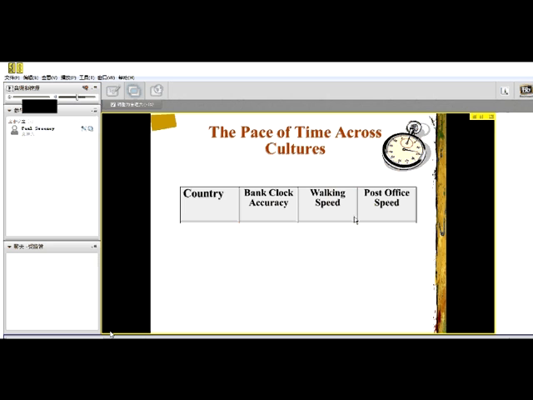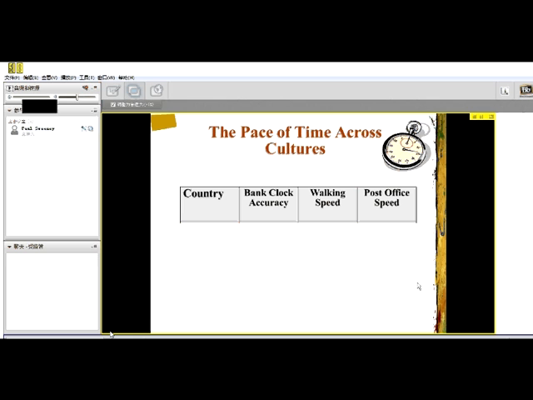The first is bank clock accuracy, and again, you have to give the guy some credit. His rationale was basically this, is that, boy, given the financial community values time a lot, as you well know, the time value of money is one of the key features of any understanding of finance, that bank clock should be extremely accurate, and they should be accurate across the globe. There should be no differences in that. So he took a measure of that.